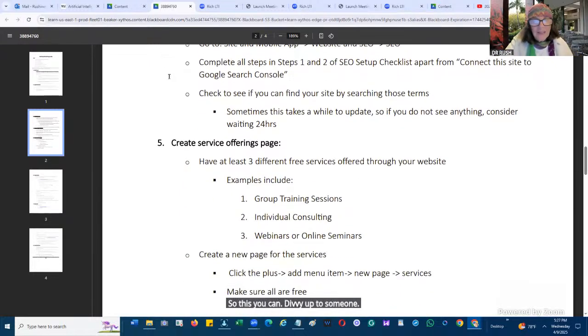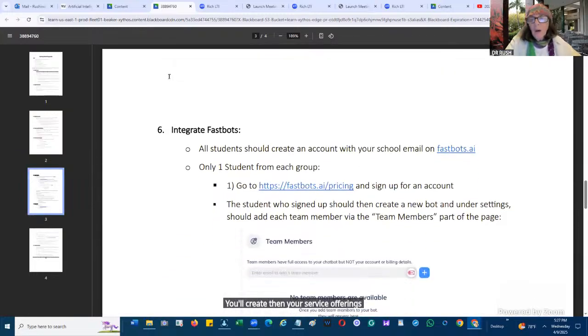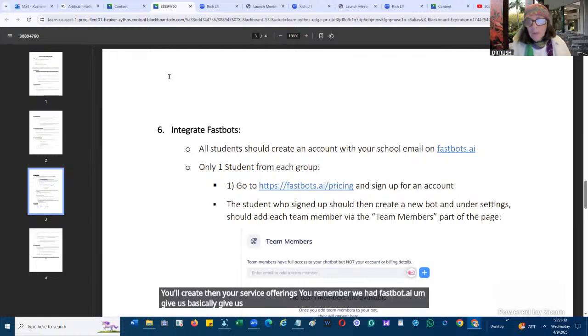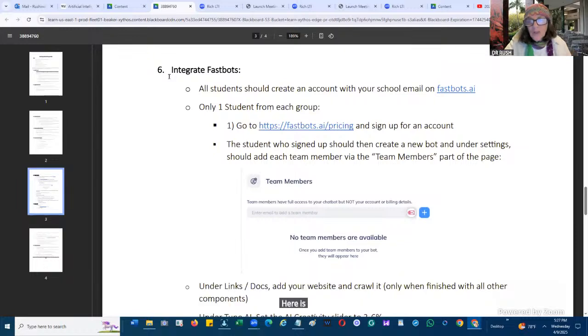You then create your service offerings. You remember we had fastbot.ai come and give us an opportunity to use Fastbot AI, which is a chatbot. Here are instructions to use the chatbot.